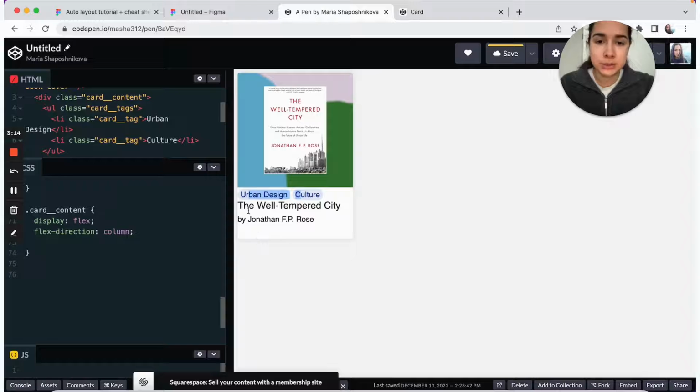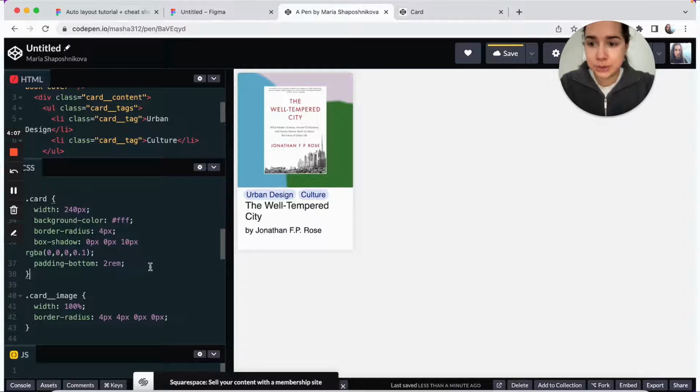But we're actually going to add an overall flex column layout on the whole card a little bit later on. So we're just going to do the horizontal padding. And for that one, we're going to do 12 pixels or 3/4 rems horizontal.